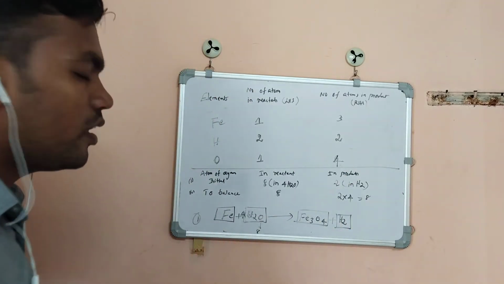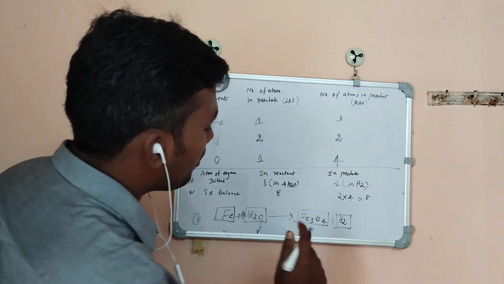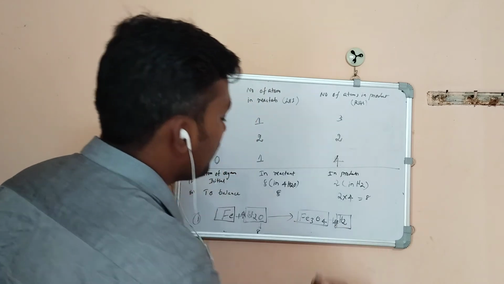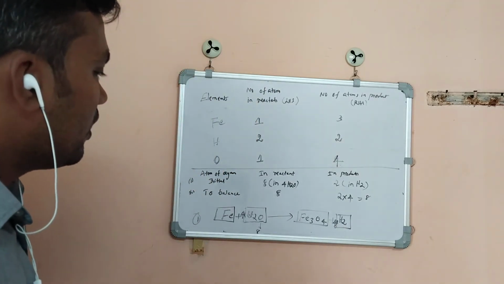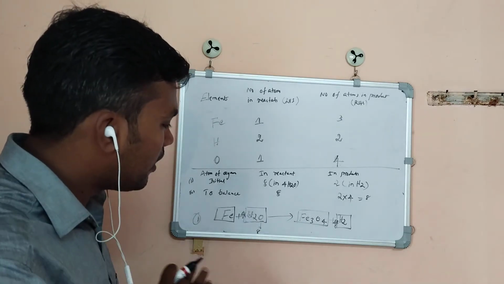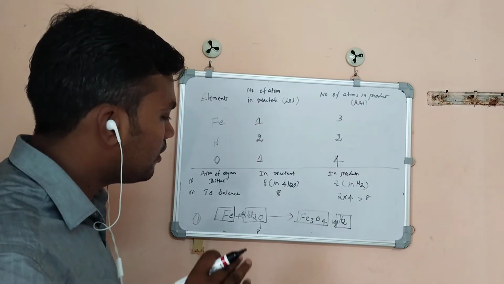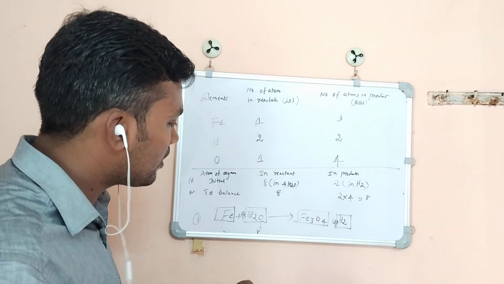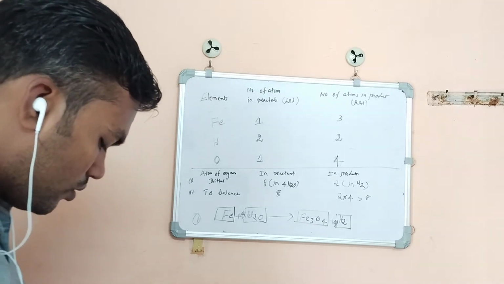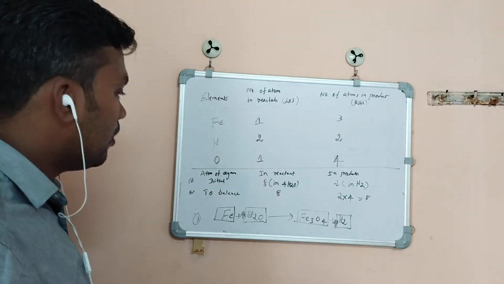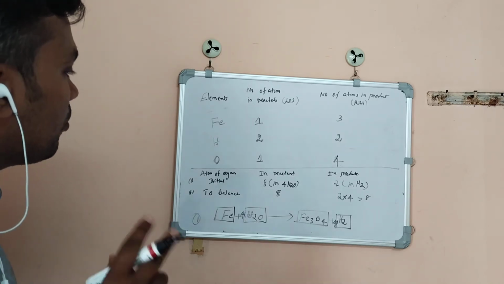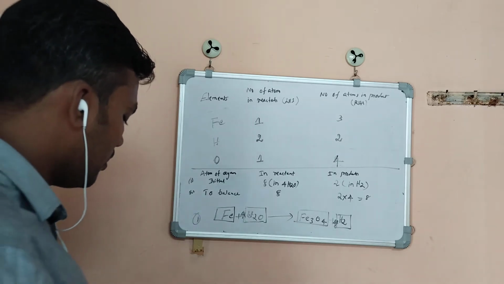Okay, now what are you going to write on this product side? You need to write here 4. Now the number of hydrogen atoms in the product side and reactant side are balanced, and the total number of oxygen atoms in the product side as well as in the reactant side are balanced. Now the unbalanced element present in this reaction, only one is iron. Okay, the step one is